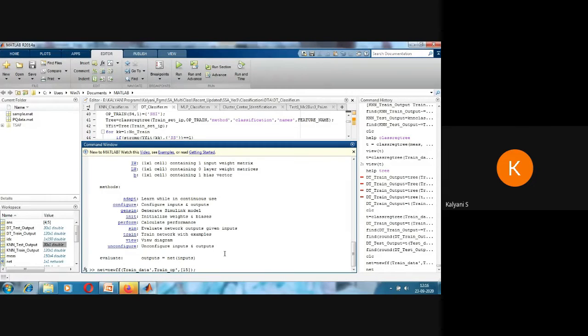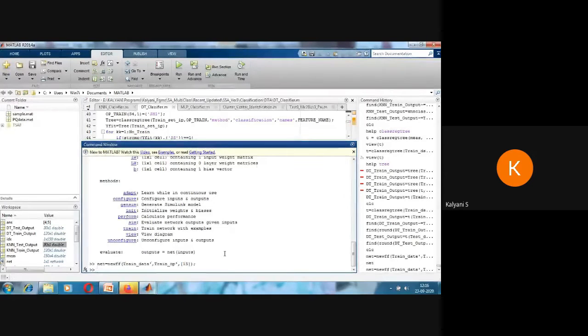If you are having one hidden layer, you give in square brackets the number of neurons. If you are having two hidden layers, you have to give like this. Hidden layer 1 will be having 15 neurons, hidden layer 2 will be having 20 neurons. Currently, I will take one hidden layer. So the network has been rebuilt with the hidden layer.